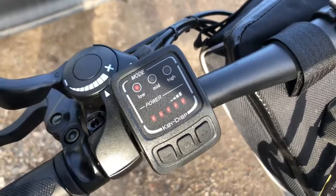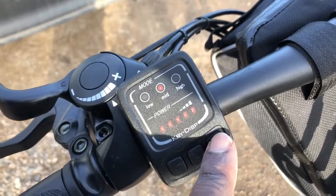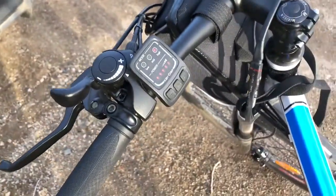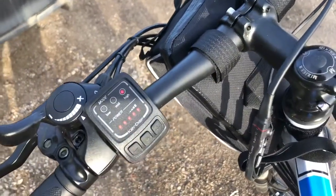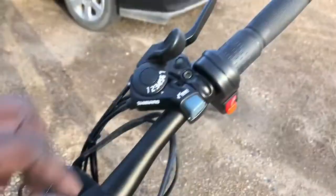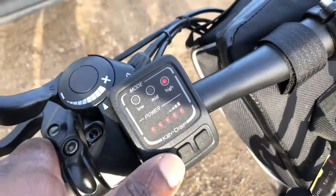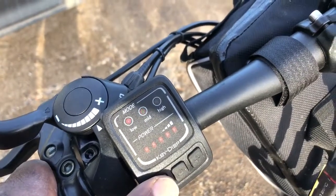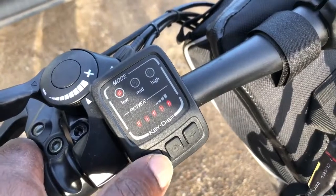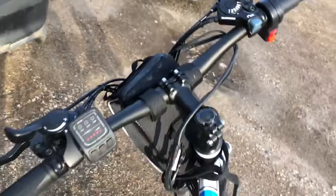It's on the low power mode, low power assist. You can choose the mid and you can choose the high. And the way this works is when you start pedaling, you feel as if somebody is pushing you from behind. It's really, really amazing. And if you want to use the throttle, which is right here, then you go to mid, low, and then you push one more time to the left, this minus button, and that's what it looks like. So now